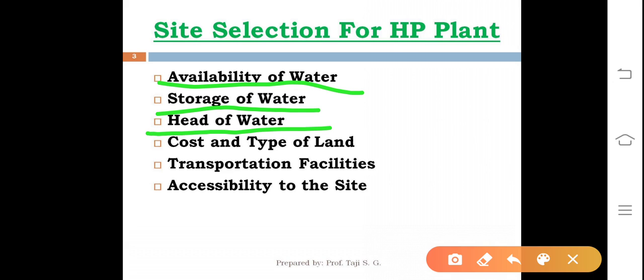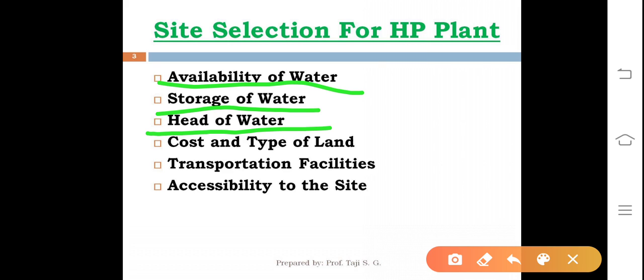The head of water which is available to run the turbine is also equally important. That we have already studied. Depending upon the turbine which we install in the powerhouse of the plant, the head also matters. Is it not so? We have classified the turbines under one criterion, that is the head of water, or net or effective head available: Pelton wheel, Francis turbine or Kaplan turbine.